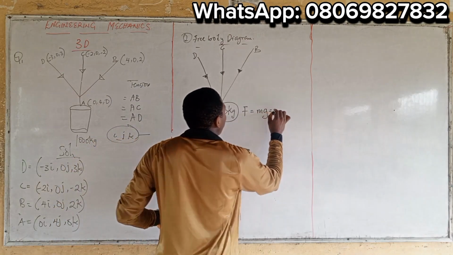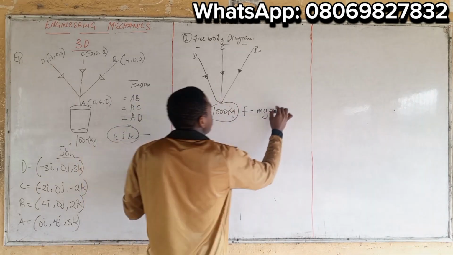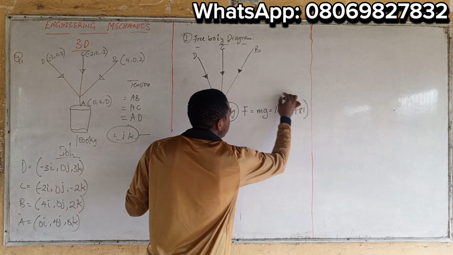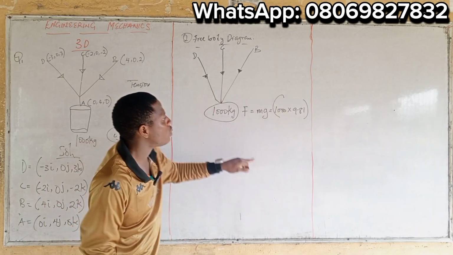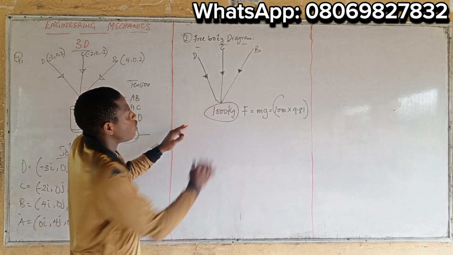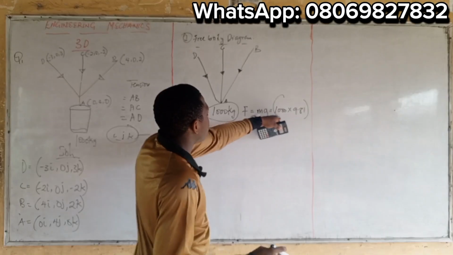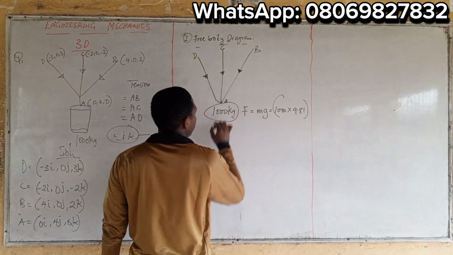So the force at point A is 1000 times 9.81. If you punch this on your calculator, you simply get the force here to be